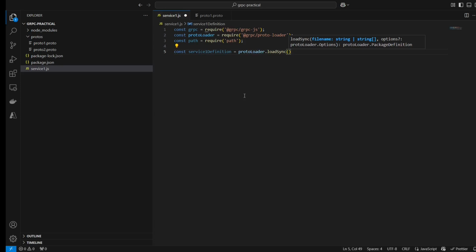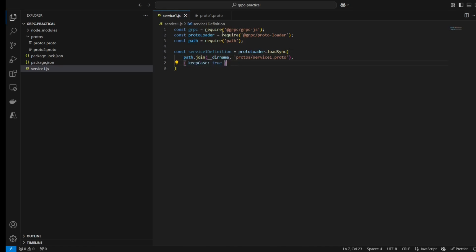So we would be saying it like use the protos/proto1.proto, but in this case, we have to first get the current directory and then we would be going into protos/proto1.proto. So we would be using path.join in which we would be using __dirname, which is getting the current directory, and the protos folder is available in the current directory. So we would be joining the path with this directory.